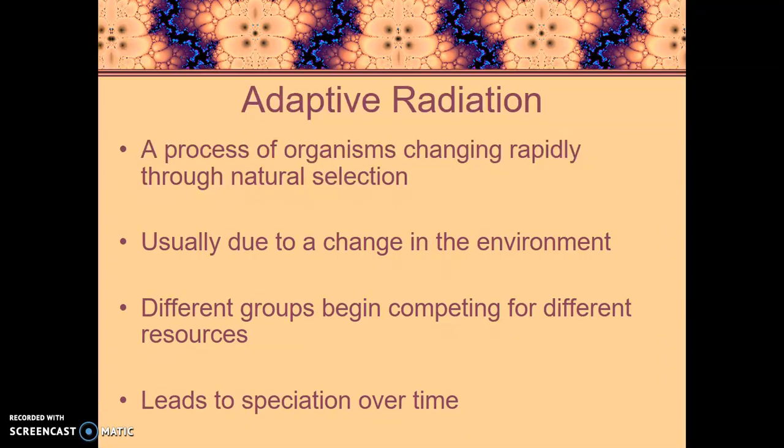So something else that we need to know about that comes from natural selection happening on a population is called adaptive radiation. This is the process of organisms changing rapidly through natural selection to create many, many new species from one original species. This is usually going to be due to a large change in the environment or from one species colonizing a